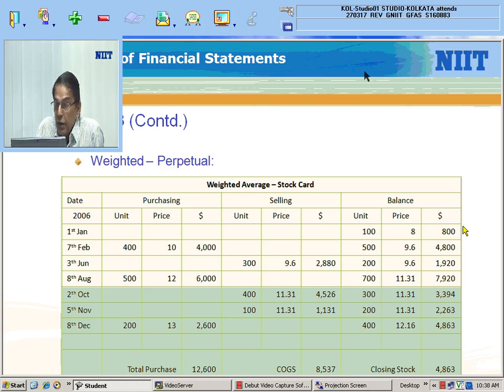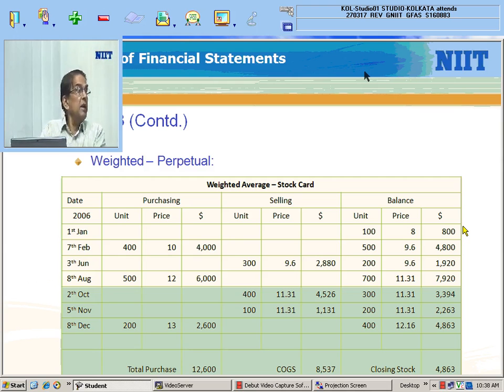So total purchase is 12,600. Cost of goods sold is 8,537. Total purchase minus closing stock, that is cost of goods sold, 8,537, and closing stock is 4,863. So as you can see, under the perpetual inventory system, which I had shown in both cases using FIFO and average cost method,